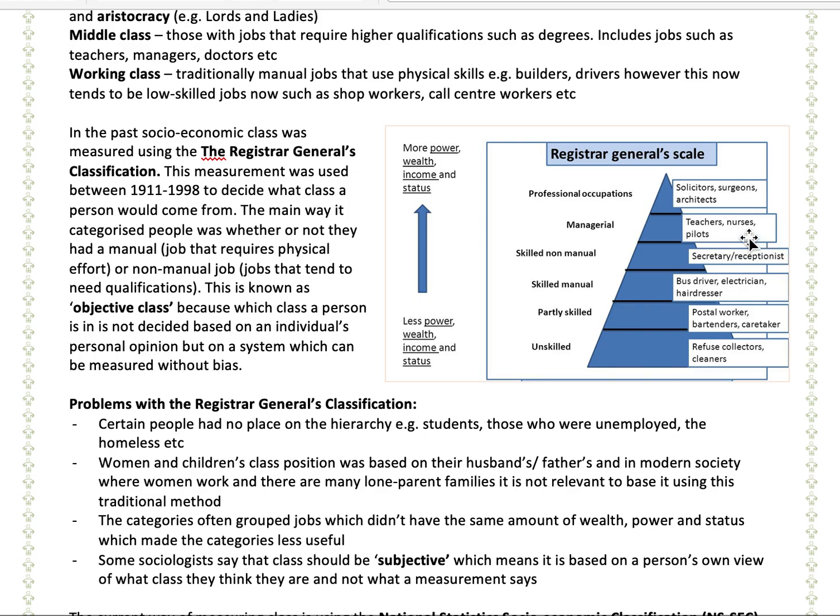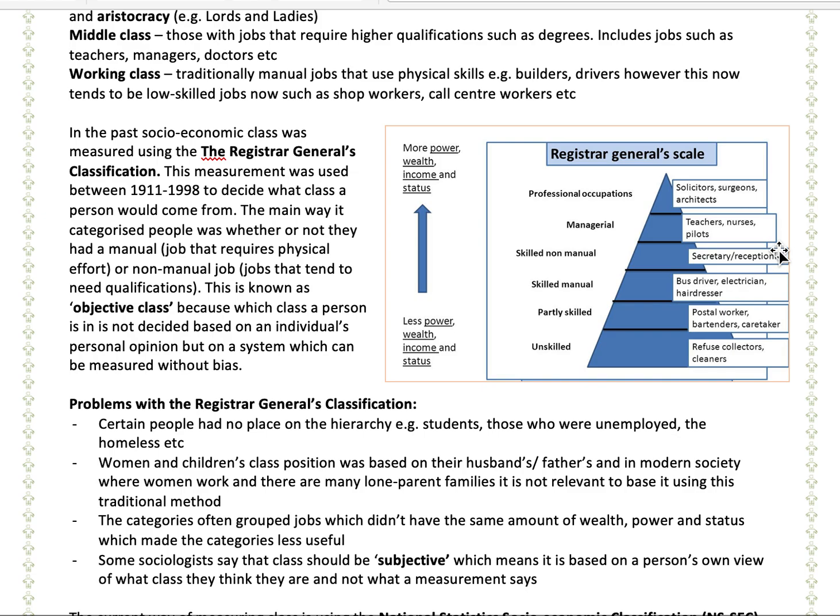Also, something like teachers, if you think about the pay difference between a classroom teacher and the head teacher, etc., that would be quite different as well. So this system wasn't particularly useful in distinguishing between pay levels or status levels within a particular